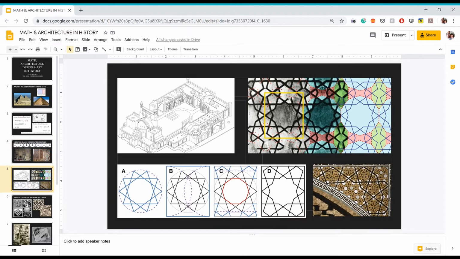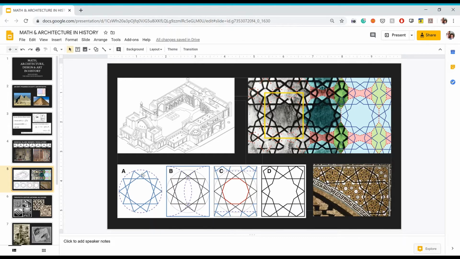An architectural drawing of the Timurid Shrine is on the top left here, just to give you a sense of what this landmark is architecturally. The tessellations are part of the interior and exterior design, though, as you can see in the bottom right. So in the bottom left, you can see